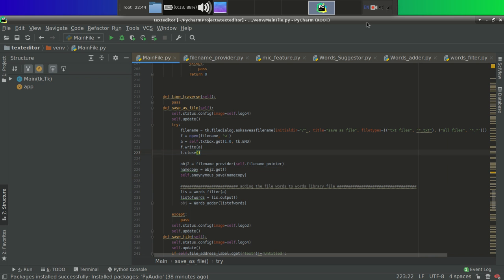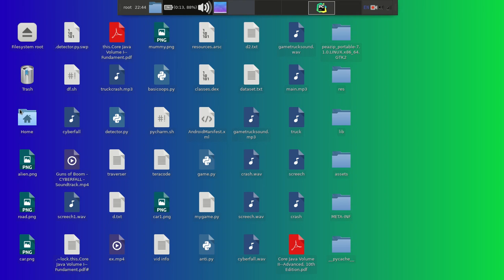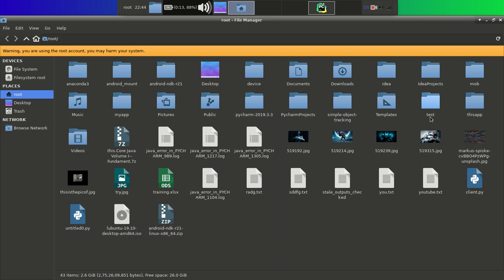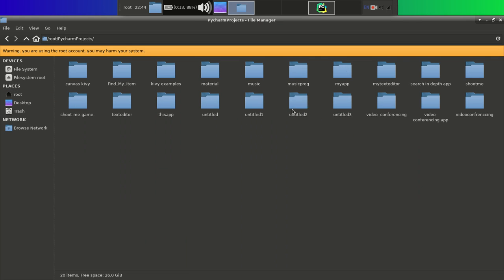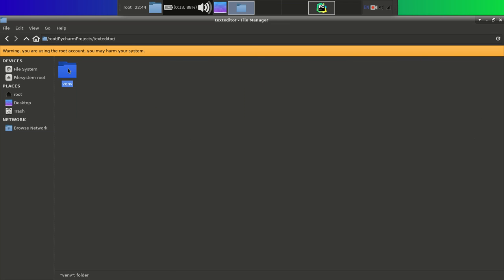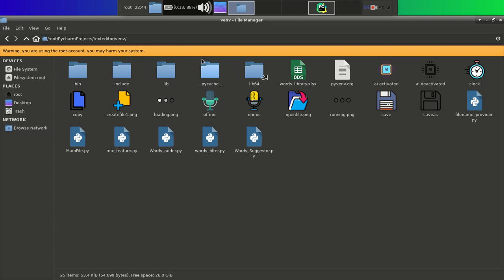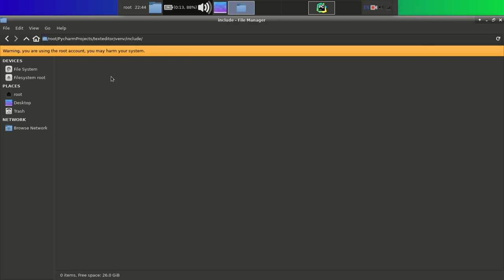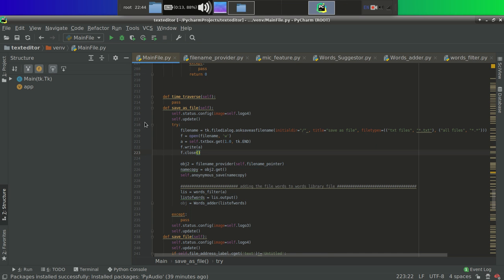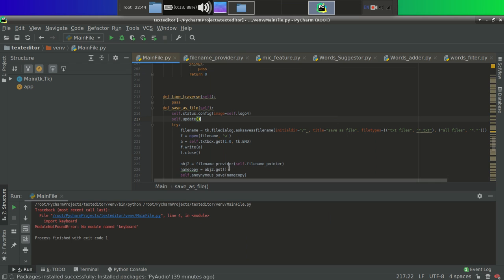So let's verify the result along with it. Let's see whether we have the resources or not currently, or those folders which we made using Python. So this is a PyCharm project folder, and here we have our text editor over which we are working currently. You can see that I mentioned that in the current working directory I have to make include, and then in include we have resources. Currently it is empty, let's see after running the code what will happen.